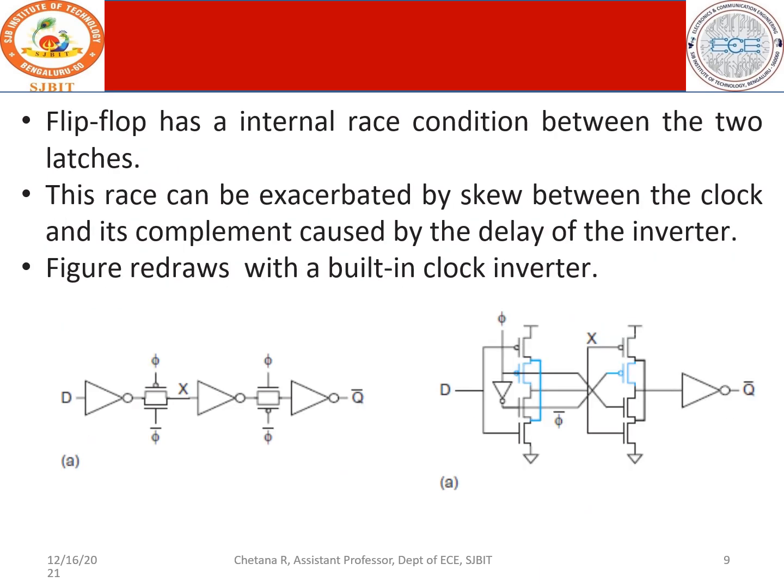Next, some of the flaws in the flip-flop are it has an internal race condition between the two latches. So you have one latch here and another latch here. This race can be exacerbated by skew between the clock and its complement caused by the delay of the inverter. So you have some problem in this called the internal race condition that can be rectified by using a built-in